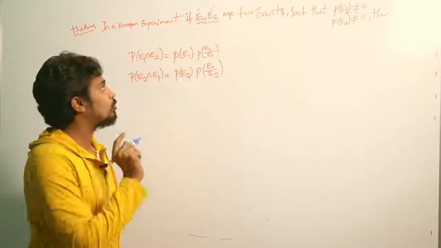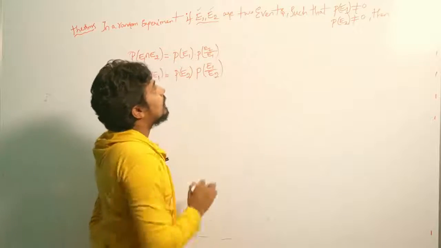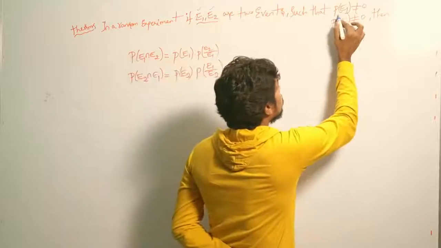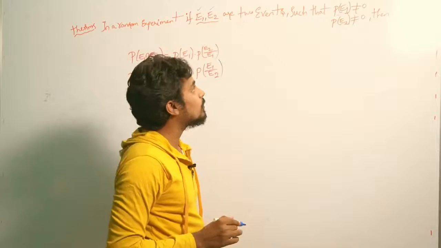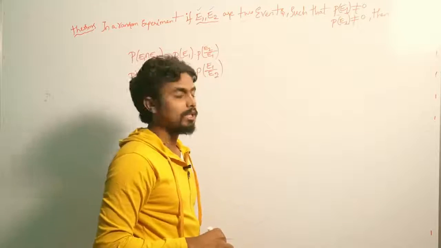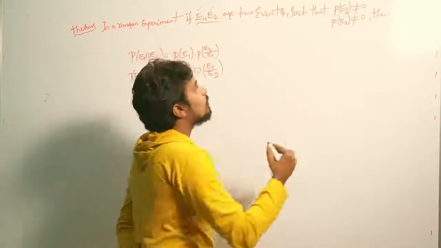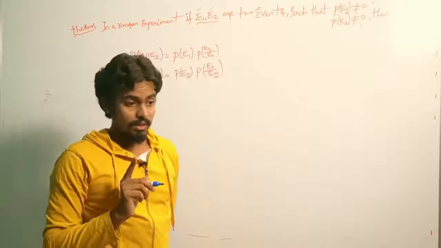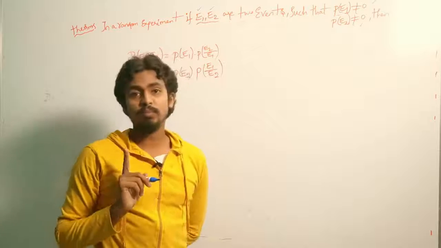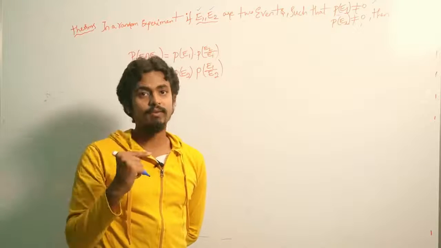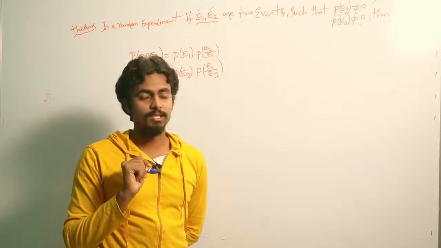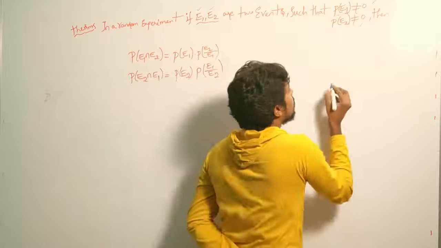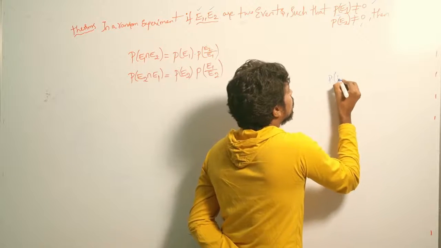event 2. Two events are given such that P of E1 is not equal to 0 and P of E2 is not equal to 0. You already know these two things. That means, from conditional probability, the denominator value will not be 0. The denominator value here, for example, P of E1